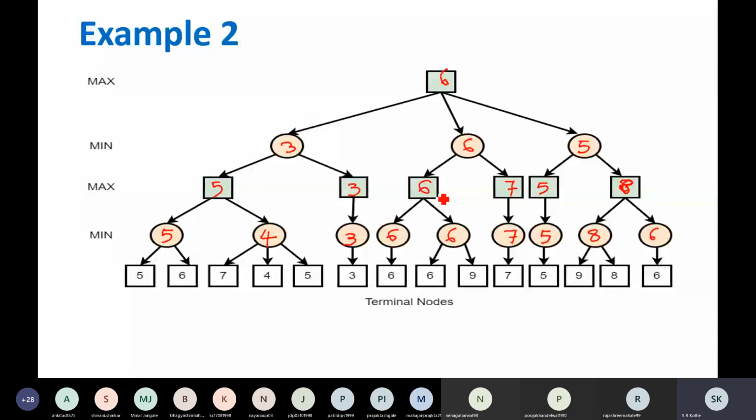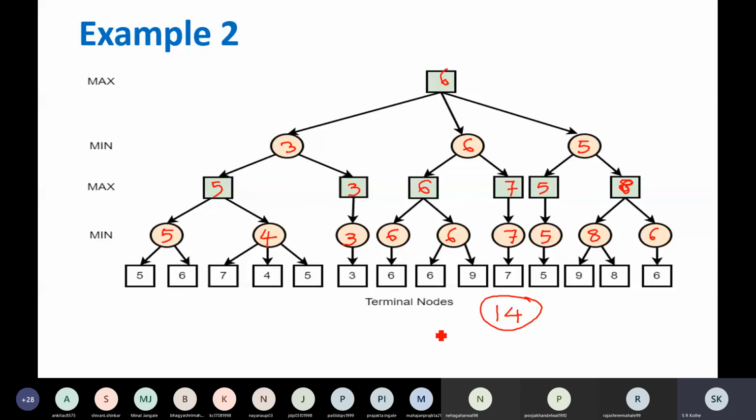In case of alpha beta also we got the same. Here also we arrived at the same solution. What is the difference? In Minimax algorithm, you have evaluated all these terminal nodes. So the complete game tree has to be generated and evaluated. That's not the case in alpha beta cutoff algorithm. So all 14 terminal nodes you have evaluated in Minimax algorithm.